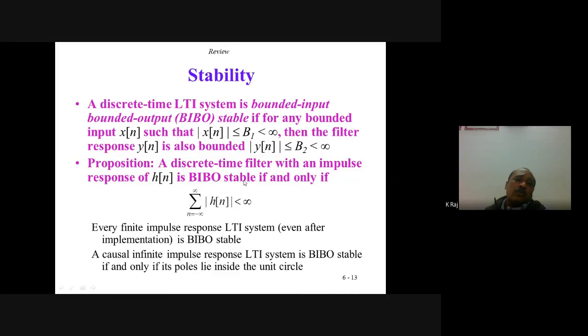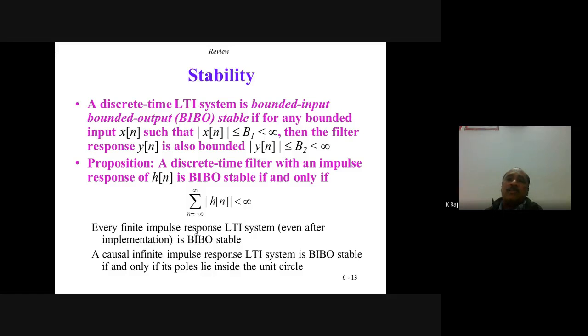Then how is this possible? This is possible only due to the concept that the mod of h[n], with the summation series n equal to minus infinity to plus infinity, must be less than infinity, that is, it is a finite value. It can be derived from the convolution theorem, that y[n] is a convolution of x[n] and h[n], and this may be represented as the summation series n equal to minus infinity to plus infinity